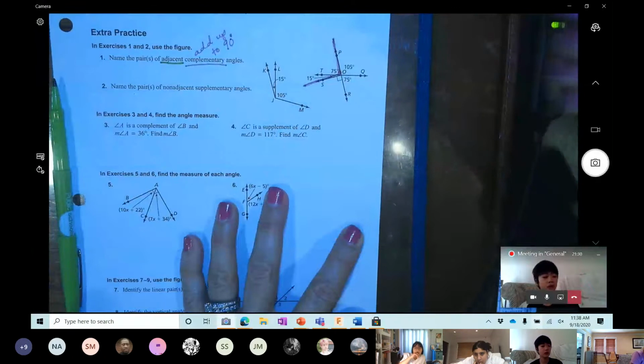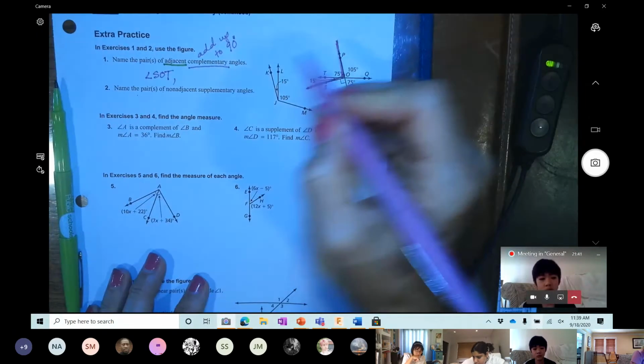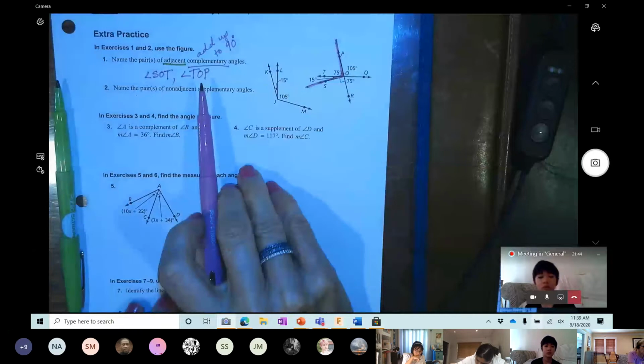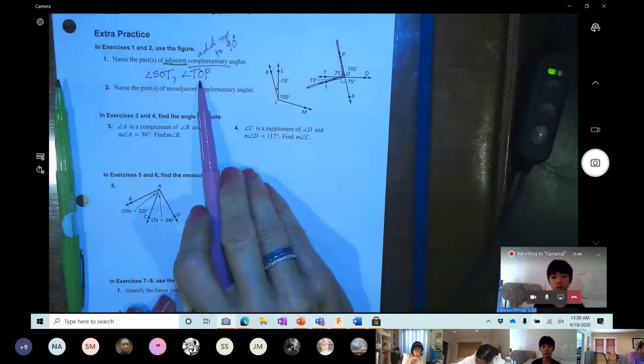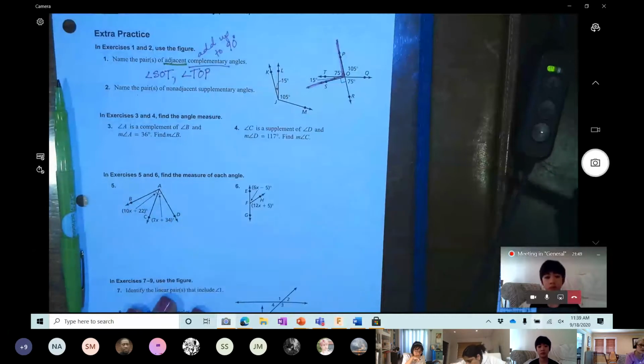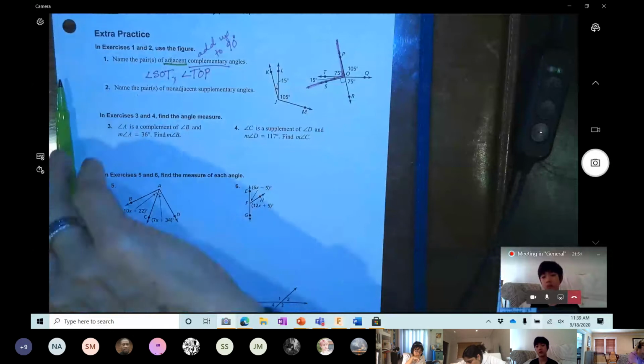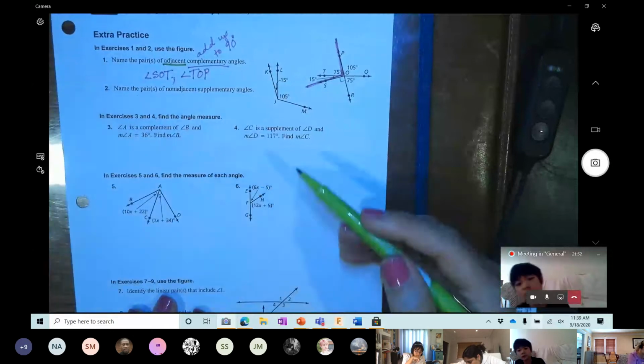Okay, and so your angles are SOT and TOP. Again, you could write it POT and TOS as long as O is in the middle. Those are the only two angles that meet those requirements. Now, the next one says